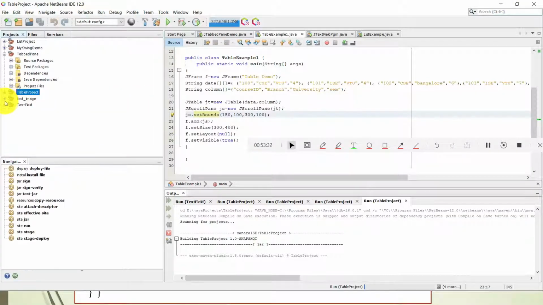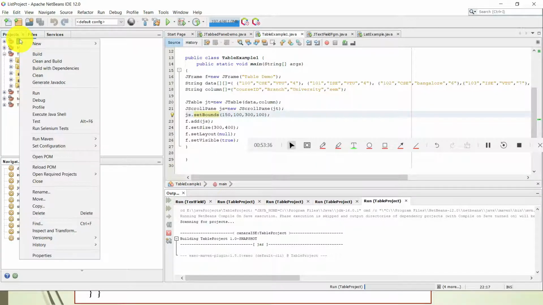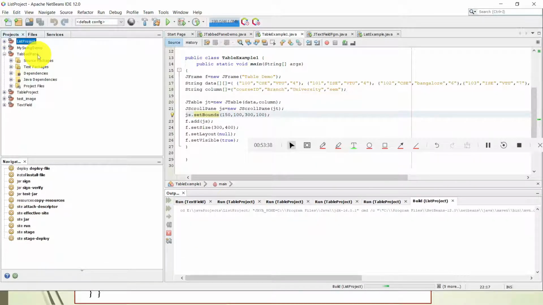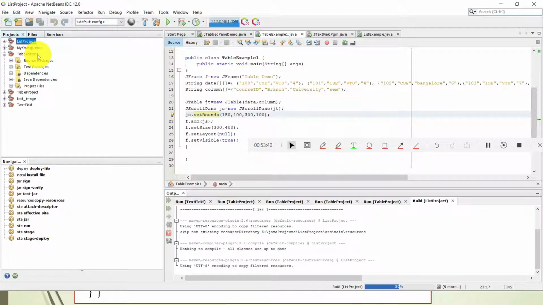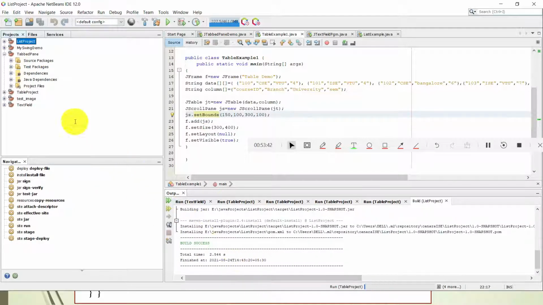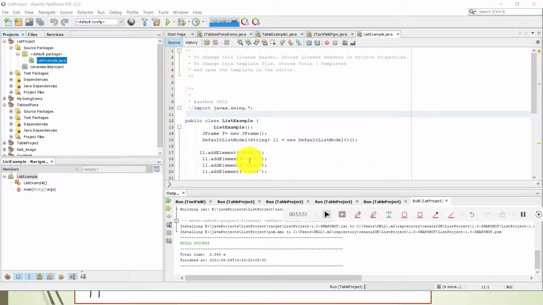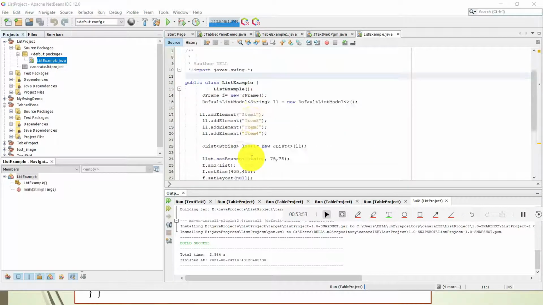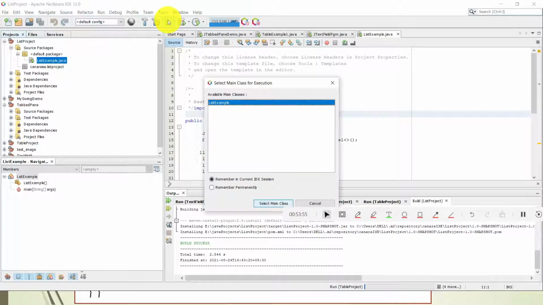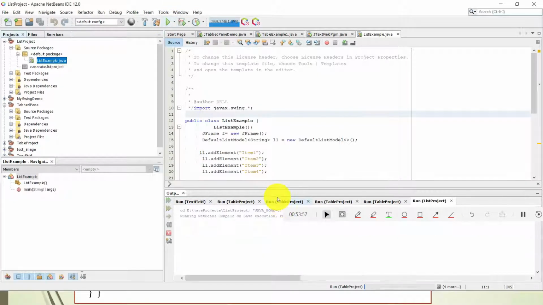I'll go to the list project, which is our last program. I'll clean and build it once so I don't have any errors. Then I'll open the Java file. We can see here 4 items are added, item 1, 2, 3, 4. It is the same program which we have just seen. I'll select the main class and run it.